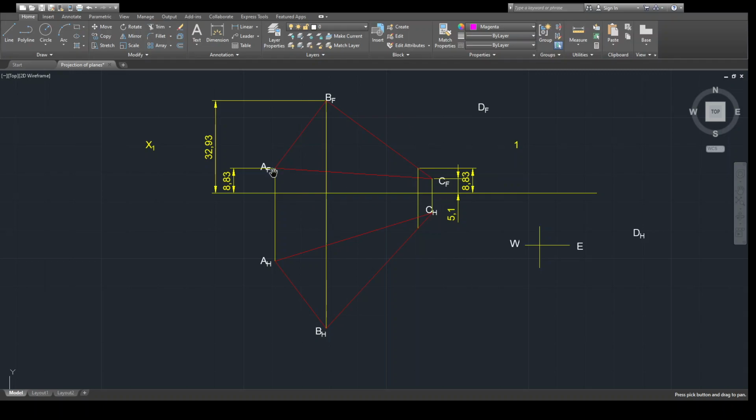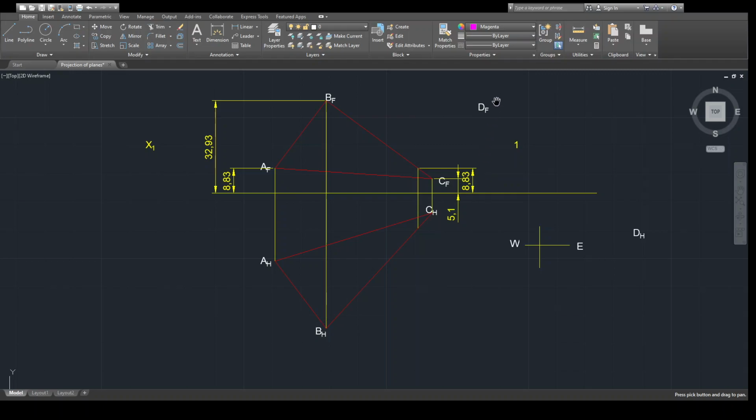So this is our plane ABC, and the front view and top view of plane ABC are given to you. As you can see, AF, BF, CF, AH, BH, CH. AF, BF, CF indicate the front view of the plane, whereas AH, BH, CH indicate the top view of the plane. Now, in order to find the strike angle, dip angle and its direction, we need to draw